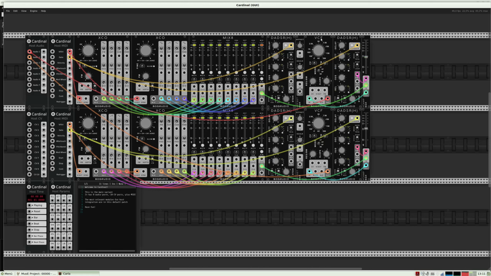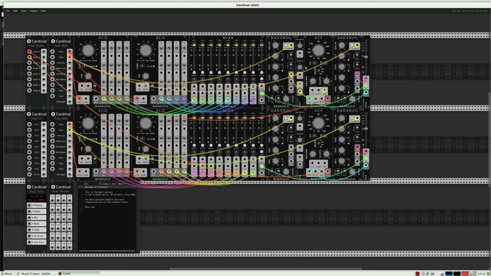Okay, and now on to the VCF. There we have this thing here. I use the envelope, and the envelope goes in here, and the out goes to FM. Now I turn this knob here to maximum.